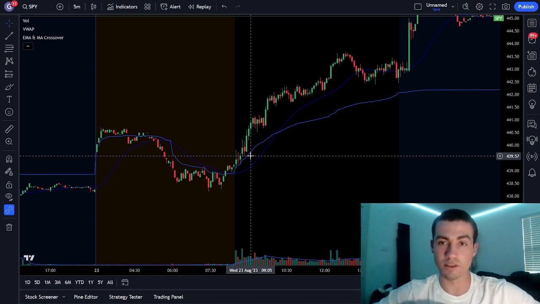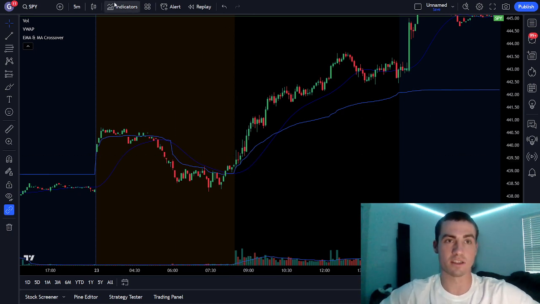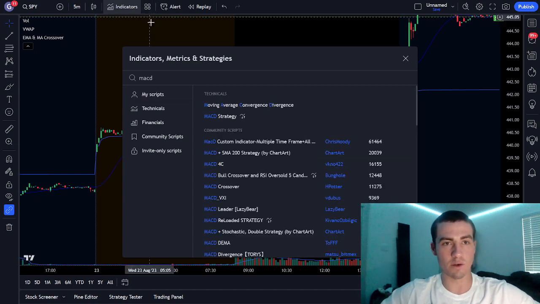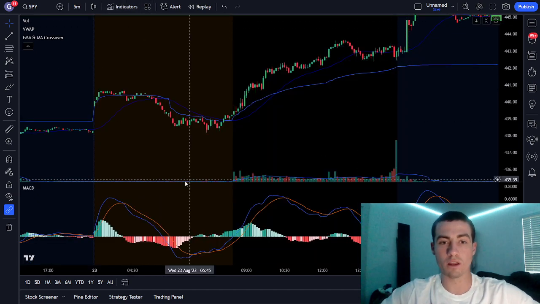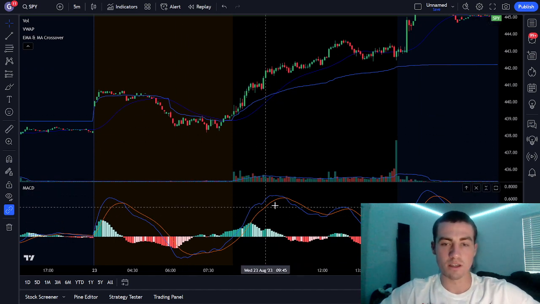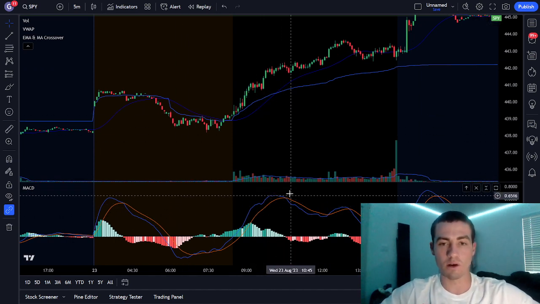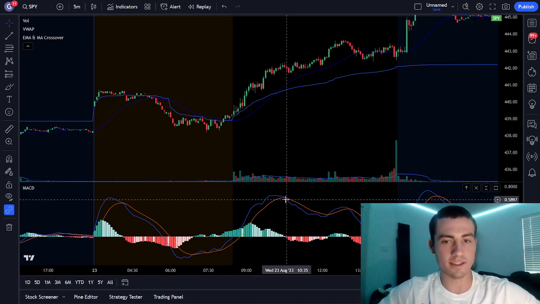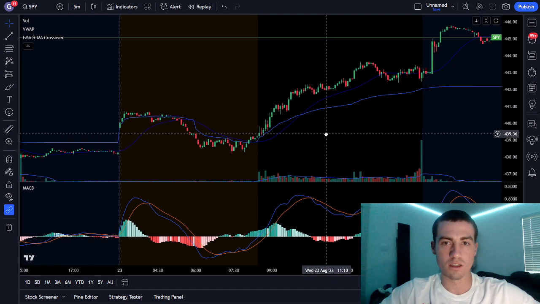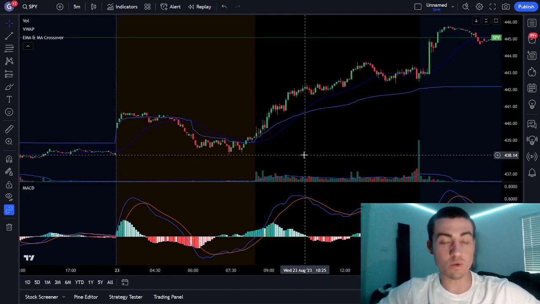You should not trade just off this. The next one is called the MACD, so MACD. This one is awesome. So you add this bad boy. You're not going to change the settings to it. You can customize it however you like. Now, what it is, I believe it's the 12 and the 26 EMA, and when they cross over. So how this one is going to work